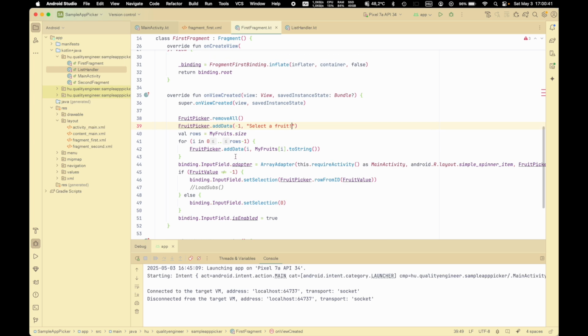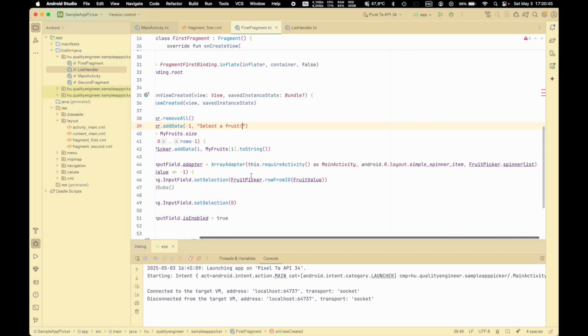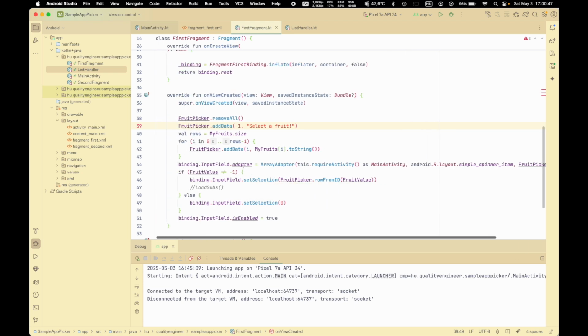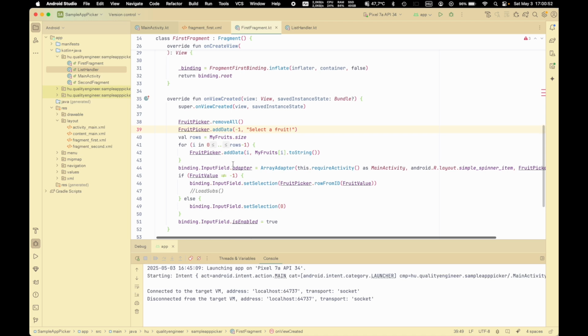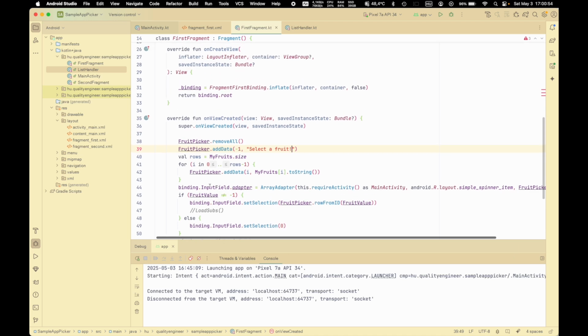So how you can do this? You need to have a list of items for the adapter, and then you attach this adapter to your